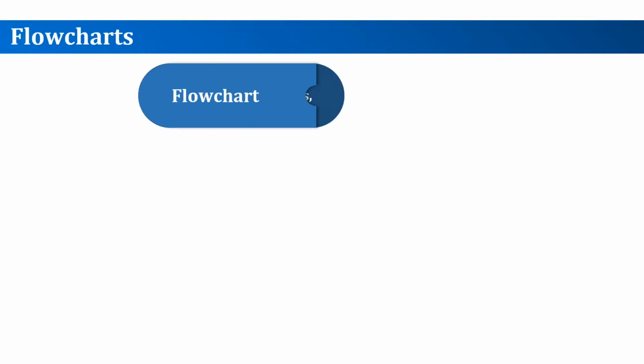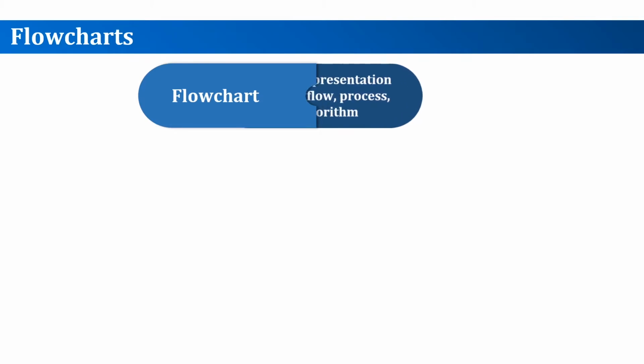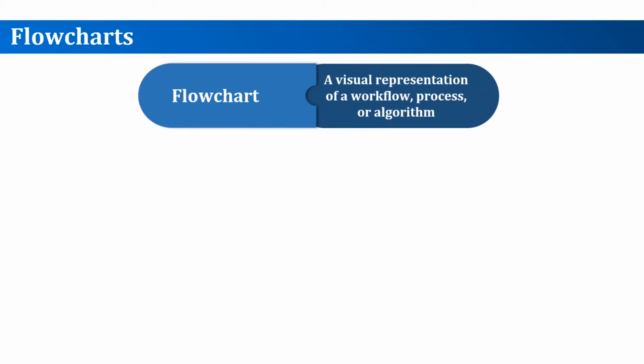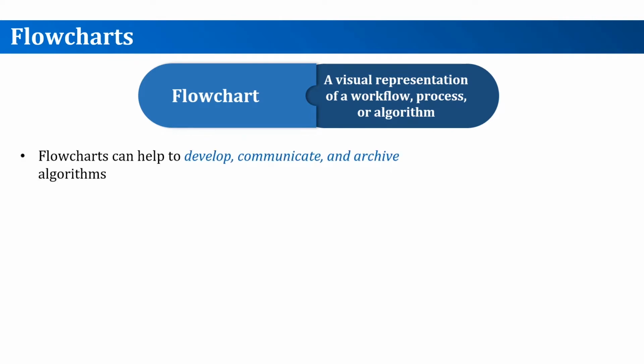In this video, we will briefly discuss flowcharts and how to use them to represent an algorithm. A flowchart is a visual representation of a workflow, process, or algorithm. It can be used in a variety of domains and applications. In the field of computer science, a flowchart can help develop, communicate, and archive algorithms in a language-independent approach, just